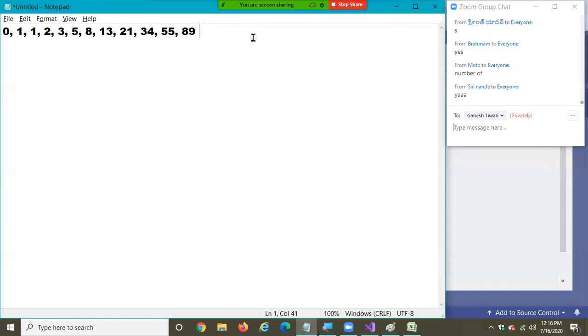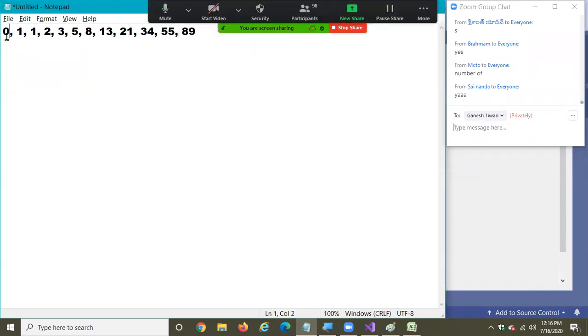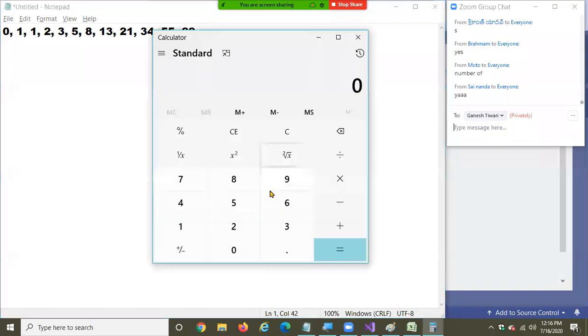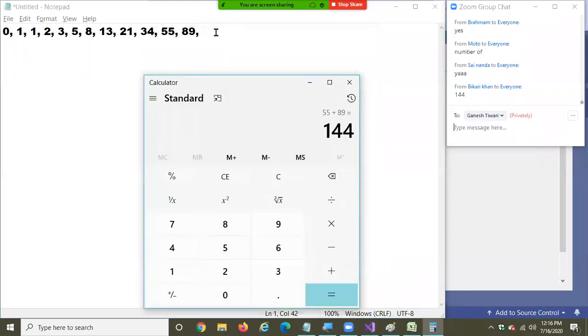If the user wants 10, up to here is enough. If the user says I want 15, it means 12 are there, still another 3 should come. 55 plus 89, 144. Perfect.